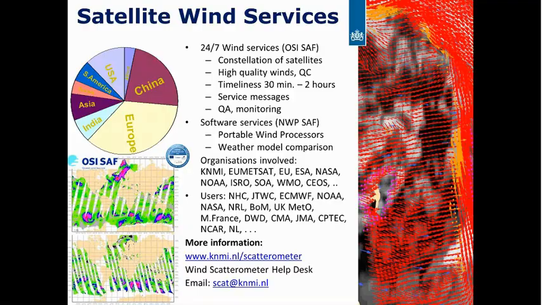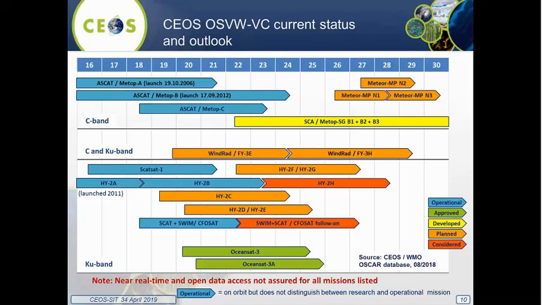I talked about the constellation of satellites, so the Committee on Earth Observation Satellites, CEOS, has several what they call virtual constellations. So it in a sense means that agencies that make certain instruments sit together and they try to make a plan of the satellite instruments that are expected. And here you see such a plan. So if you look at 2018,